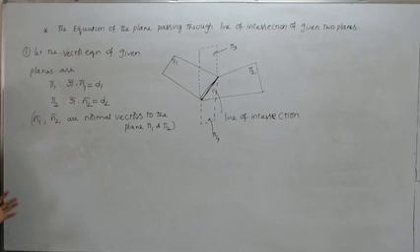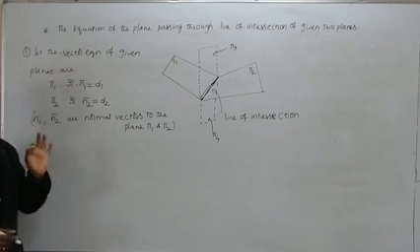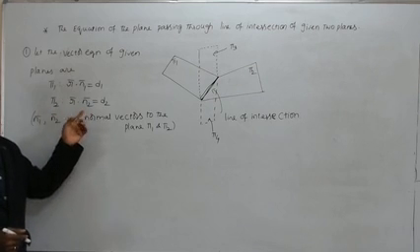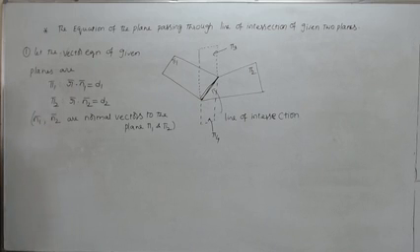Okay, so they are just normal vectors. Along the normal to the first plane pi 1, I have taken one of the vectors as n1 bar. Similarly, along the normal to the second plane, I have taken one of the vectors as n2 bar. So here n1 bar and n2 bar are normal vectors to the planes pi 1 and pi 2. Then